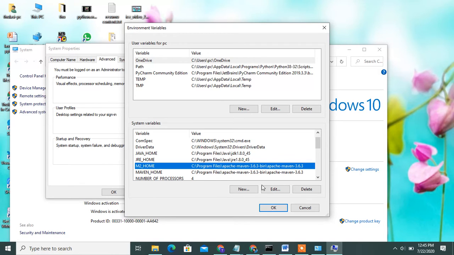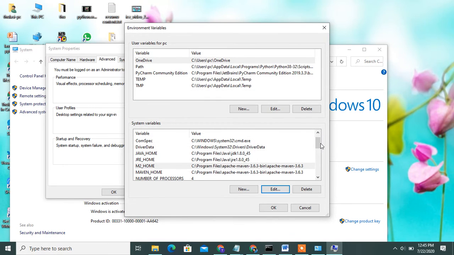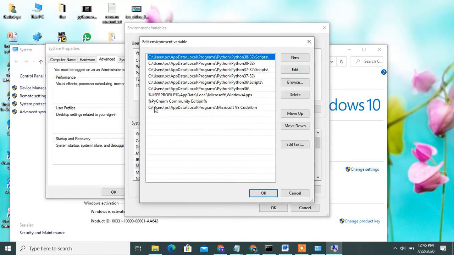Okay, in the edit section, write the variable name also. You can mention the path under the bin folder. Then we can go to the path variable, and under path also we can mention it.